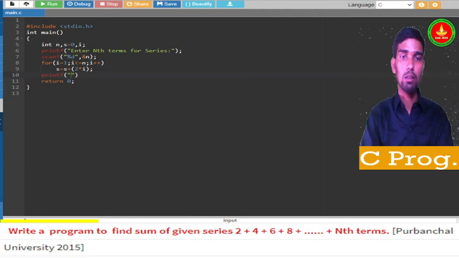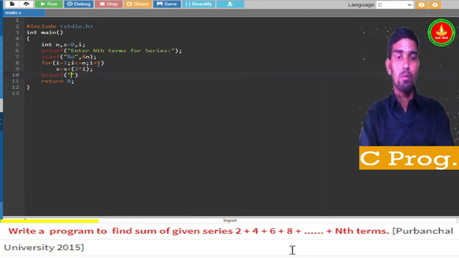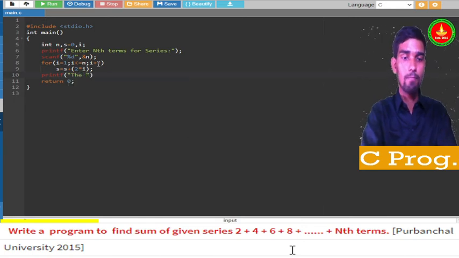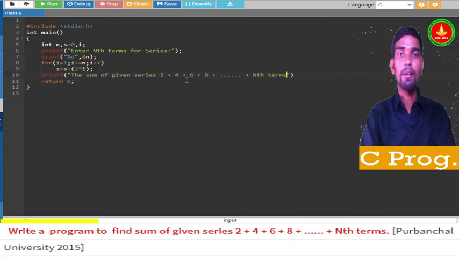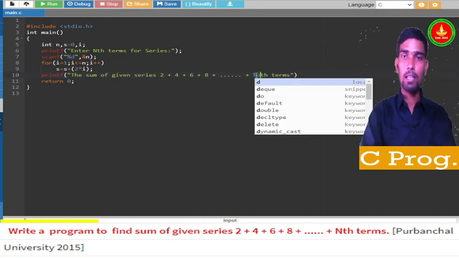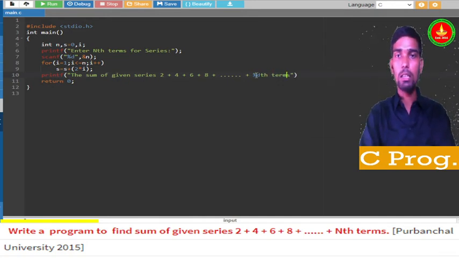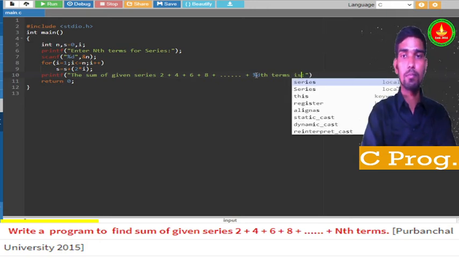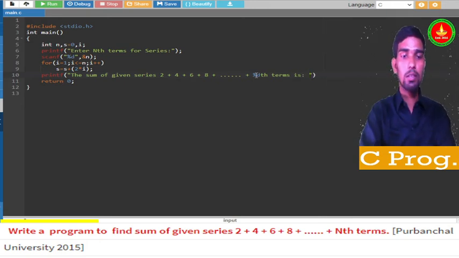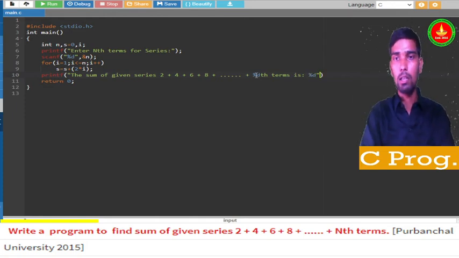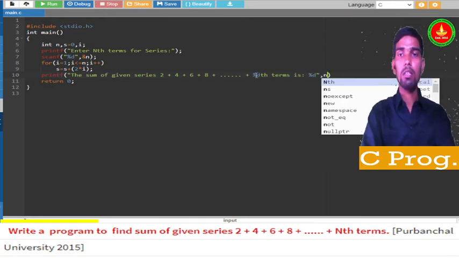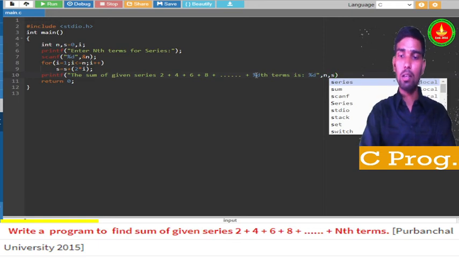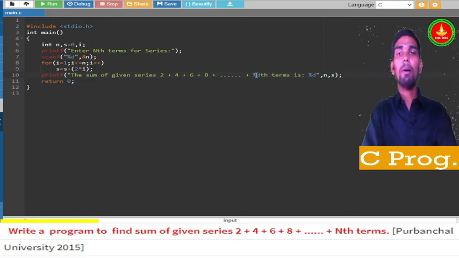Well, the sum of the given series up to what number, up to %d. So I will mention here the nth term, up to that term the sum is how much, is %d. That n term is n and the sum is s. So this is all about this programming.